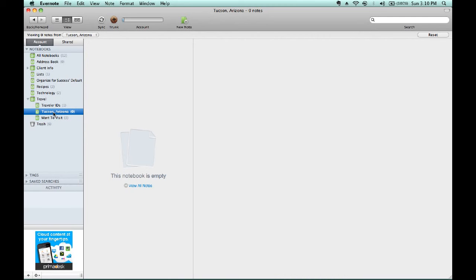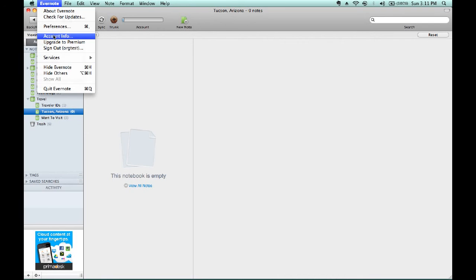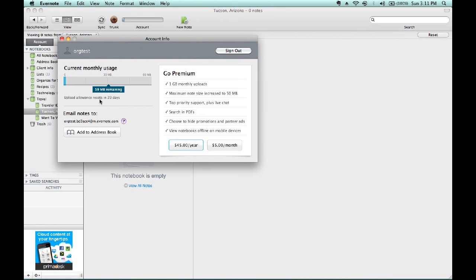However, beyond that, I will be getting airline itineraries, hotel reservations, all of which will come to me via email. Sending something from your own email account into your Evernote account is very simple. If you go to Evernote in your header and go down to account info, you'll see email notes to and an email address. If you add this email address into your address book,